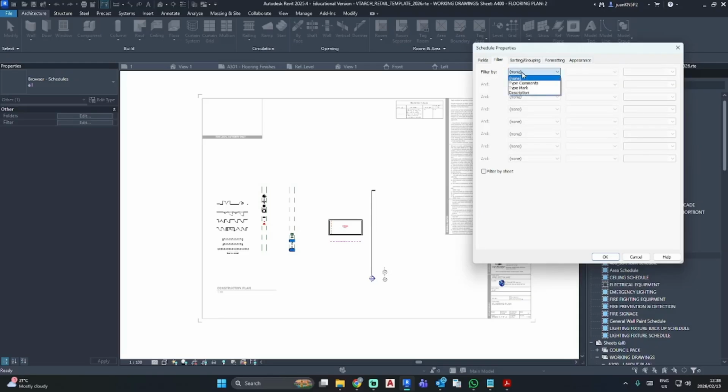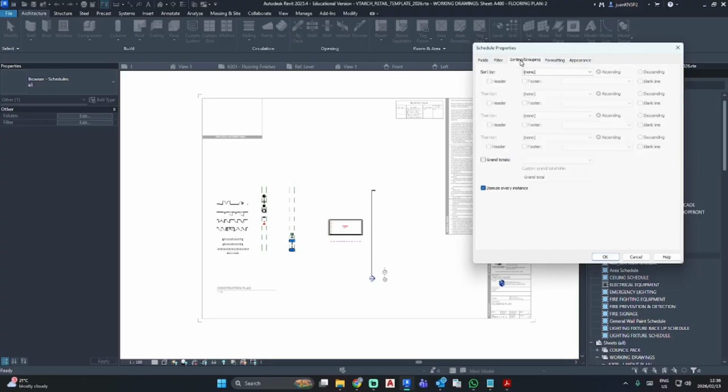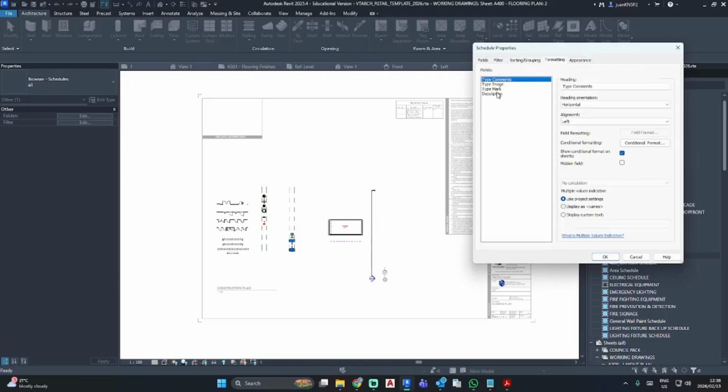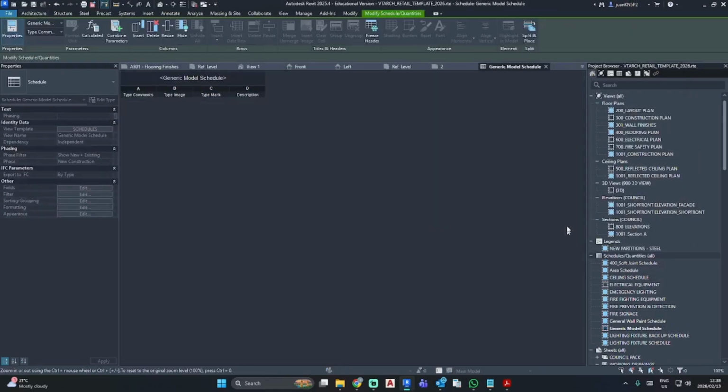And let's go filter by type mark and change this to contains sk.0. So sorting and grouping, we can just leave that for now. We want grand totals. We don't want to itemize. Let's itemize every instance for now. Formatting, that is fine. Okay.